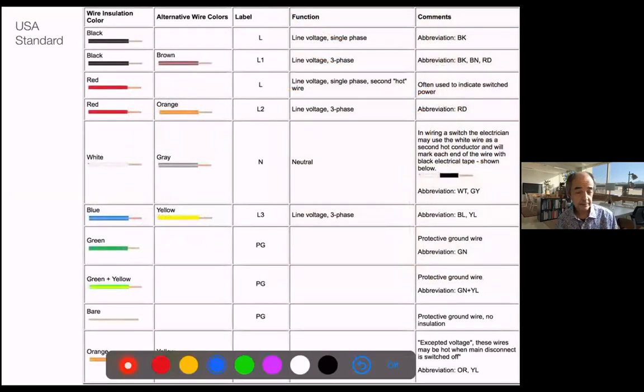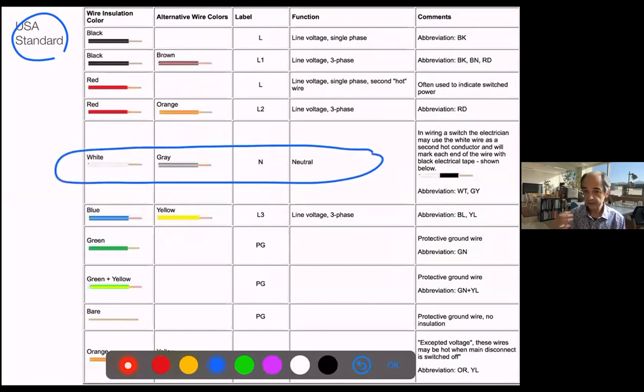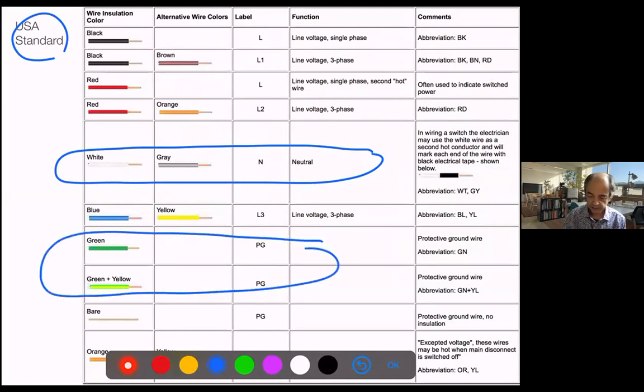And again, the standards are different according to countries. So probably Korea uses the US standard. You always have to recognize the neutral, which is the non-dangerous one, the one that has no power on it. And the green or green and yellow, which is quite international for the grounding, right? So Europe always uses green and yellow, but if you see green you know it's the grounding. It's an important cable. But this is tricky because others may be black, brown, red, orange, and so on. But those two you have to recognize so you know what you are touching.